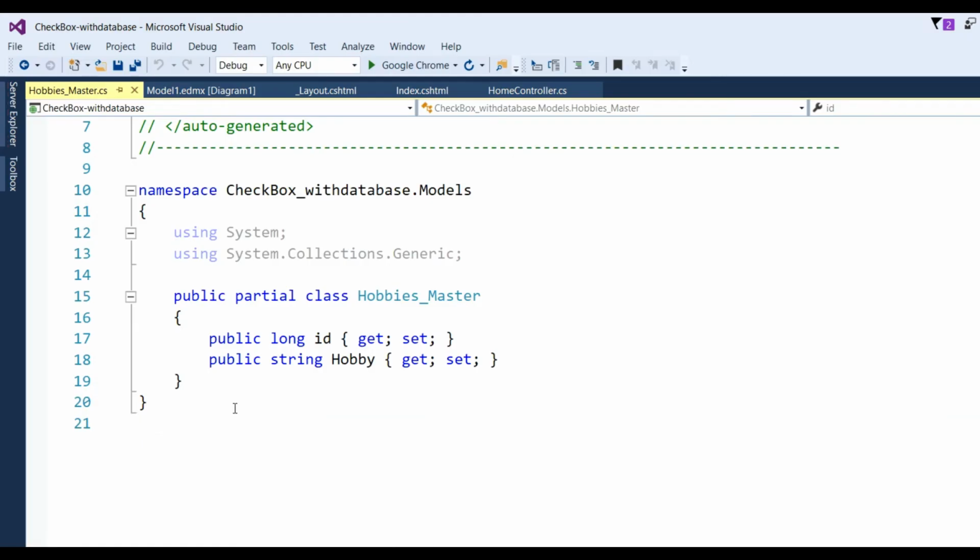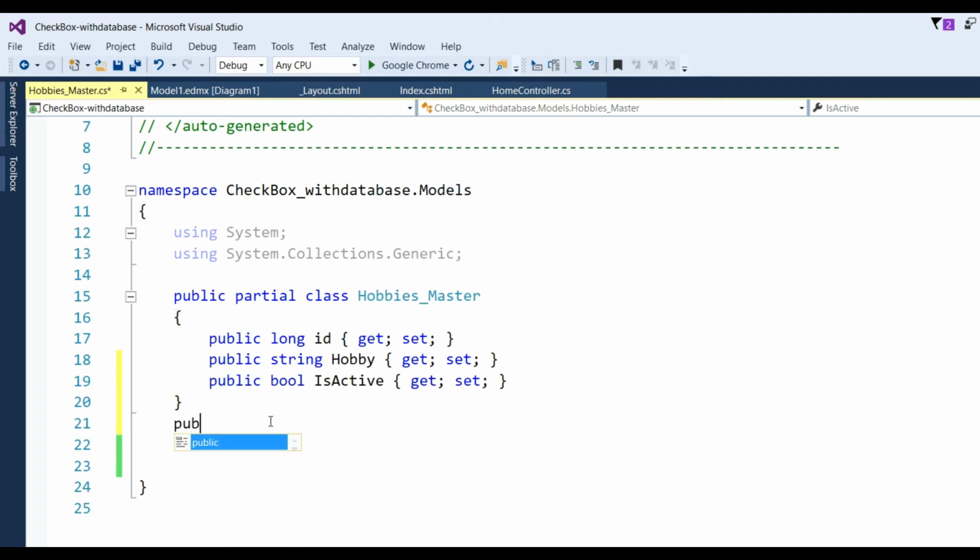So come here and put some code so that the collection of the list can be sorted out. Here there is ID and hobbies. One more field I have to take is whether the selected checkbox is selected or unselected, checked or unchecked. So a bool IsActive means select or unselect. And we also have to write some code: public class hobbies master, list of hobbies masters,